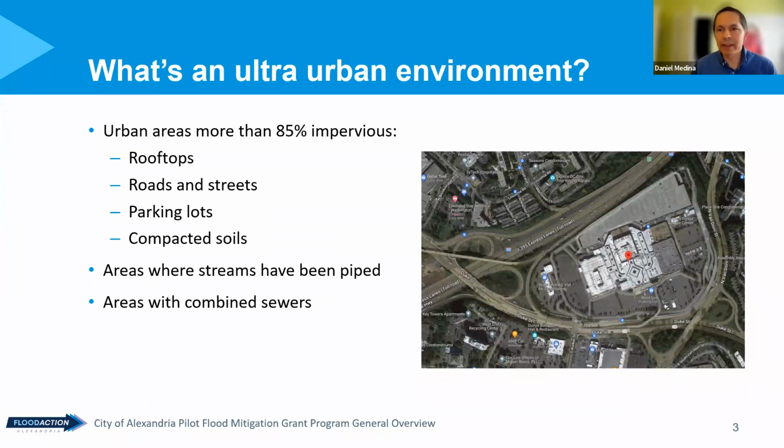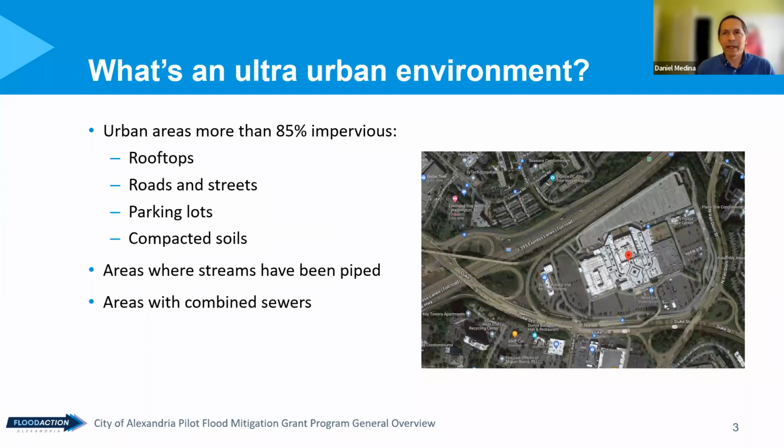Before there was anything here in the DC area, there were no roads, there were no houses, or very minimal houses. Rainfall would just come down from the sky and infiltrate in the soil, even in clay soils, meaning in soils that we think don't absorb a lot of water, still quite a bit of water went in. And we didn't have any flooding because most of the water went in the ground. By putting these rooftops, roads, parking lots, we're interrupting that process and water has to run off the surface,